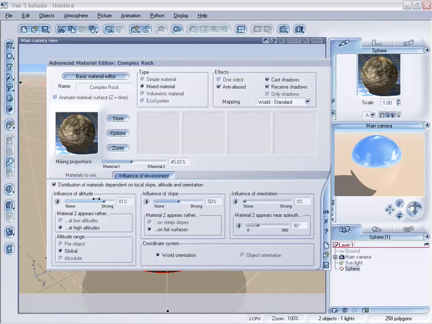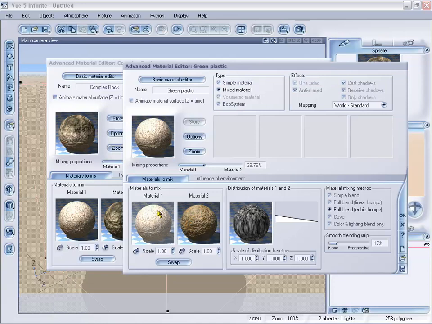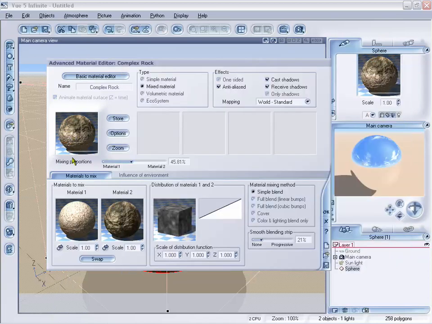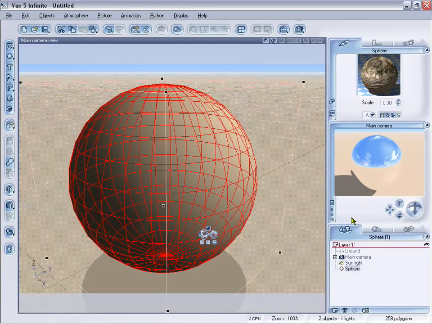If we go to that, we can see that it changes by the altitude. And we can change this, and as you can see, it's changing. We have one material on top. If we go to Materials to Mix, we can see this second material is actually on the bottom. And this one is also a mixed material, so it's blending along with this material. So we can see that this material is right here, and this material is right here on that half. And that is our mixed material for the overall mixed material. And the second material we're mixing is on the top part. So if we had a terrain, we would see changes